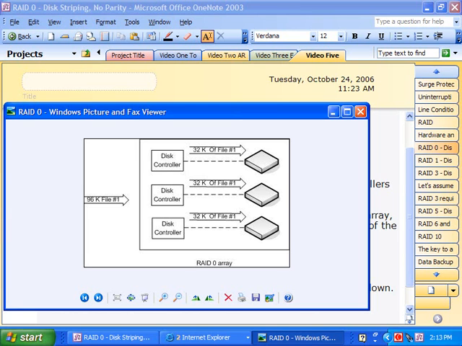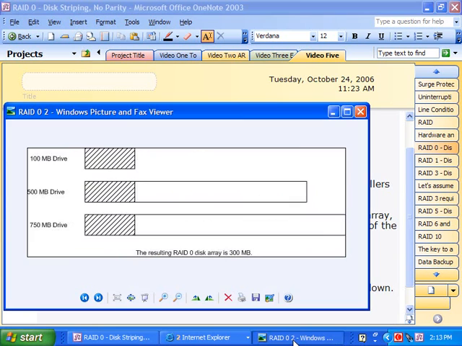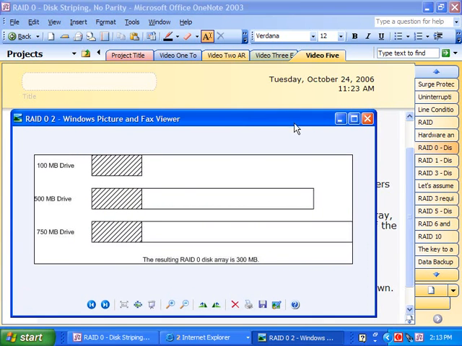And the disks do not have to be identical in size to be placed into a RAID 0 array, but the smallest disk does limit how much space on the larger drives can be placed into an array. Let's consider this example where we've got 3 disks to be placed into a RAID 0 array. We have a 100 meg drive, a 500 meg drive, and a 750 meg drive. And it would be easy to look at that and say, oh, we can make one that's 1.35 gig, excuse me. But we can't do that